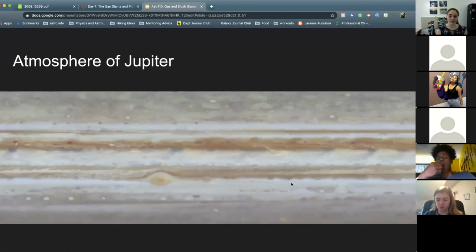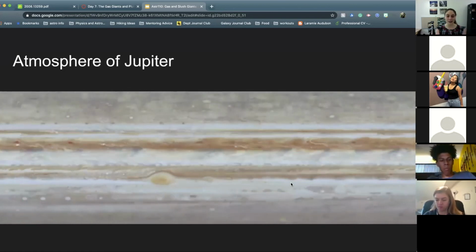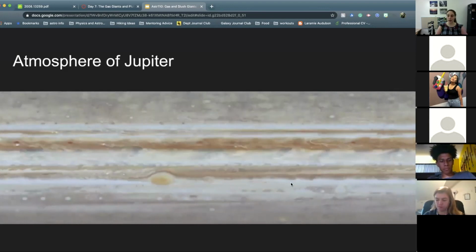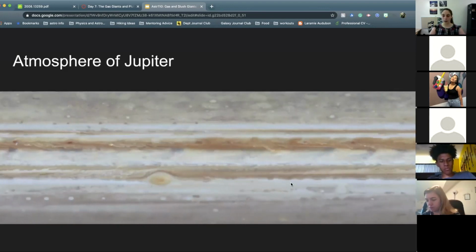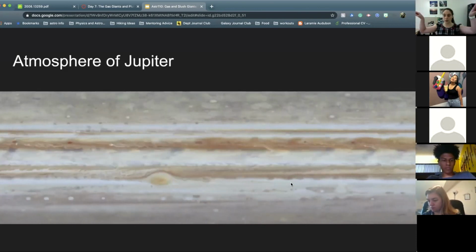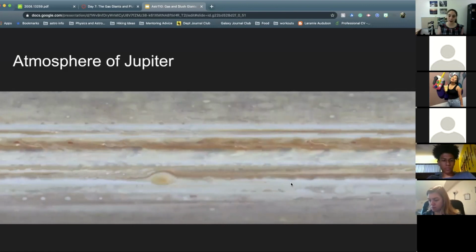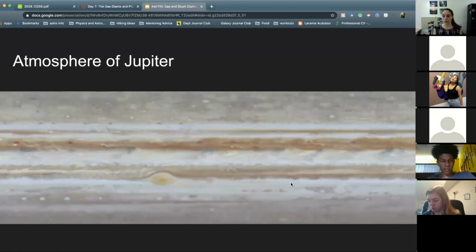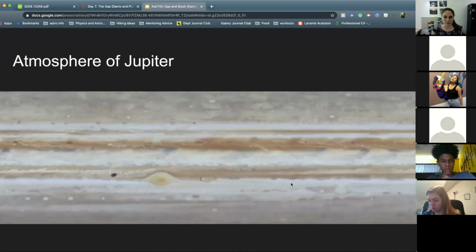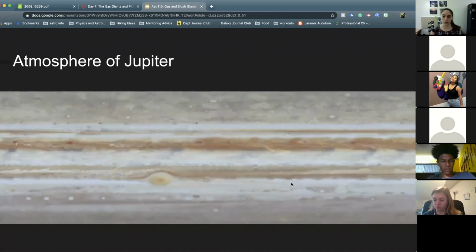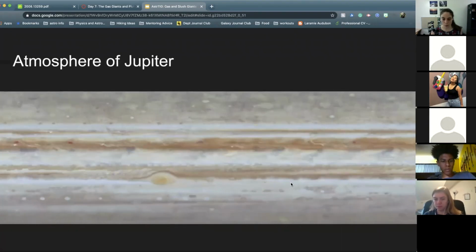So the brown areas are called belts, the white areas are called bands, and they are similar to the Hadley cells on Earth. So Earth has those areas where the atmosphere heats up and then cools down, and you get these rotational cells. The same thing is happening on Jupiter and Saturn, just there are more cells. So Earth has 3, Jupiter has quite a few. We can see as the winds change direction in the brown belts and the white bands.